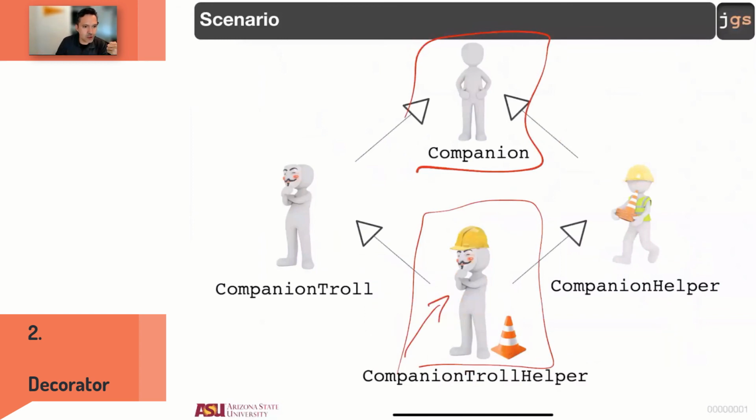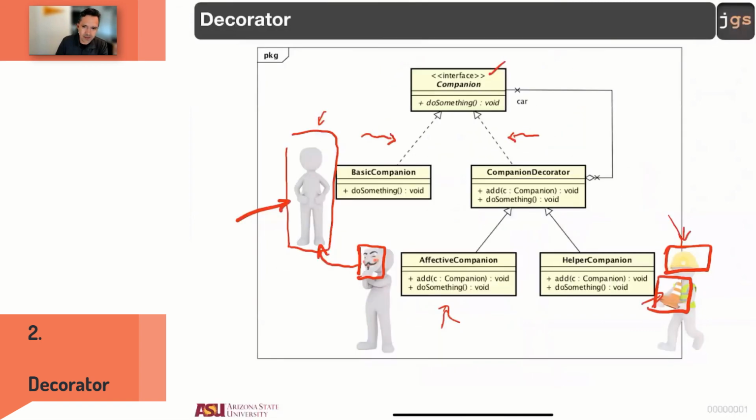At runtime, I am going to decorate the guy. That is the reason for the name. So add, do something, do something, do something. And if this one has the add,